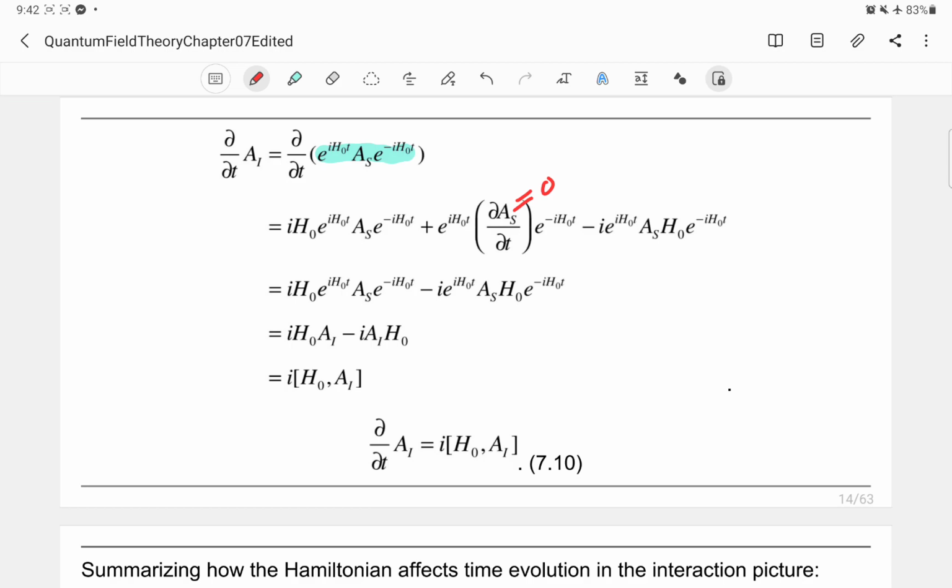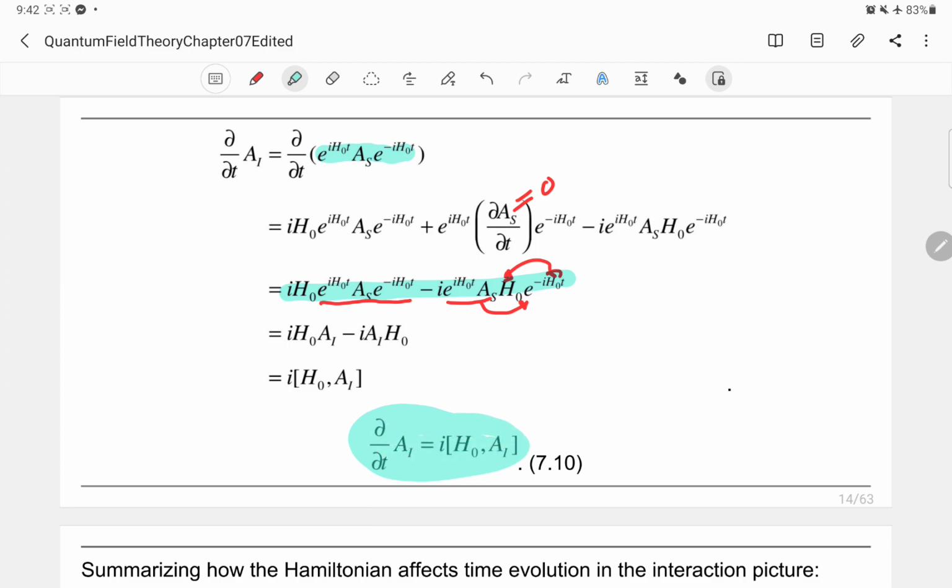So we will have this one, and of course your AI would be given by this, and this one. You can interchange this one, and so finally you will have the time derivative of the operator AI